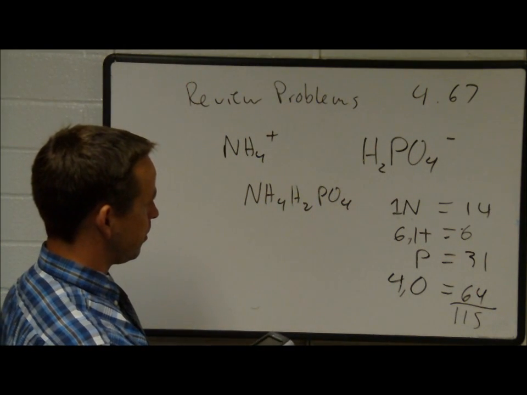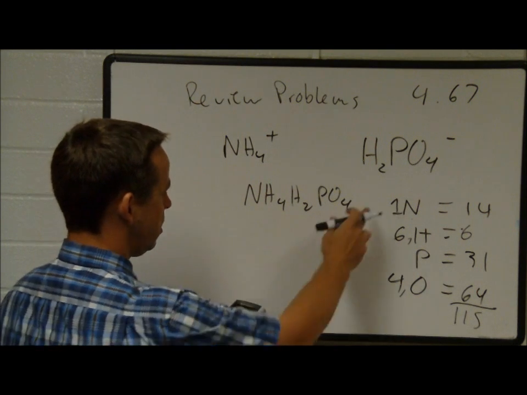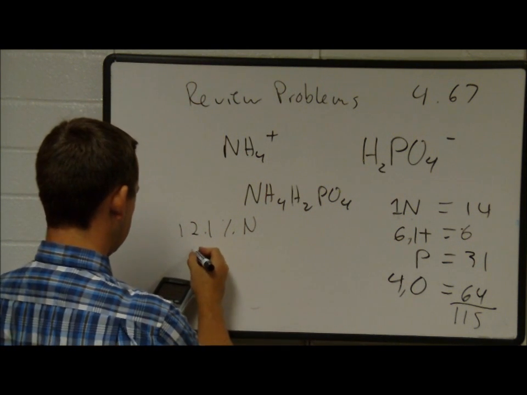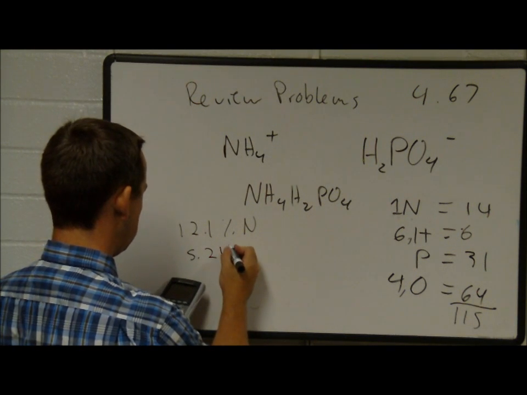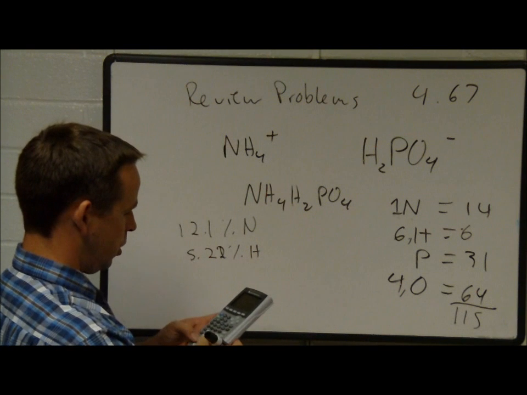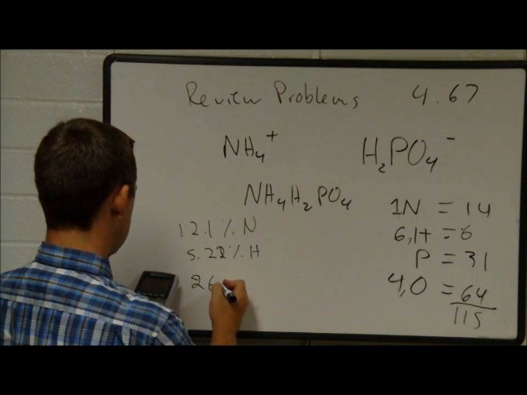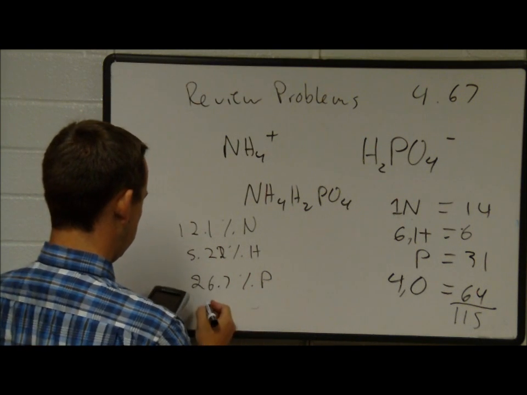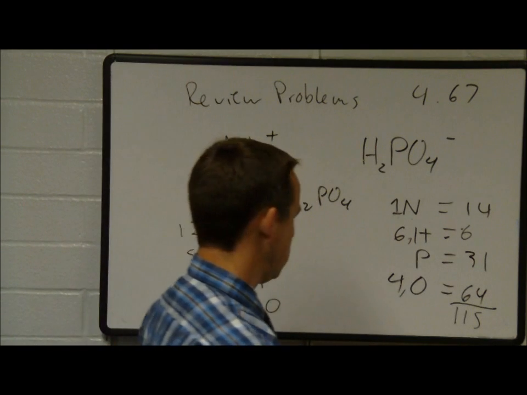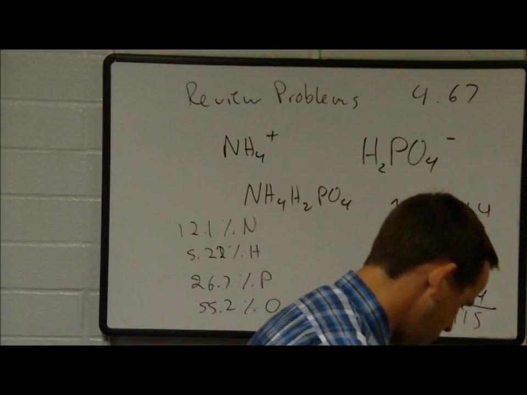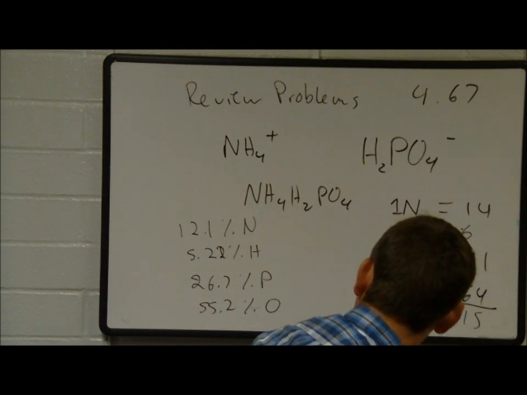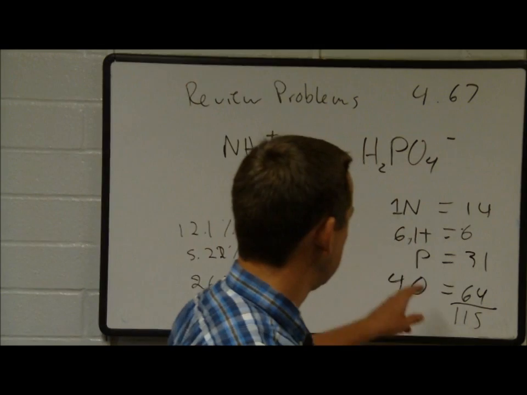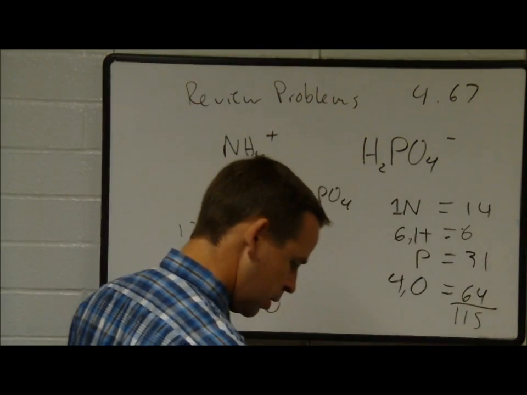Okay? So 14 divided by 115, that'll tell us 12.1% nitrogen. 6 divided by 115, that's 5.2% hydrogen. 31 divided by 116, 26.7% phosphorus. 64 divided by 116, 55.2% oxygen. All right, let's just double check that one real quick. Make sure we're not missing something there. 467B, 12, 5.2, 25.6, and 55.6. So the phosphorus is slightly off because we rounded off in our numbers here. That's all right. Okay, so the next one we have